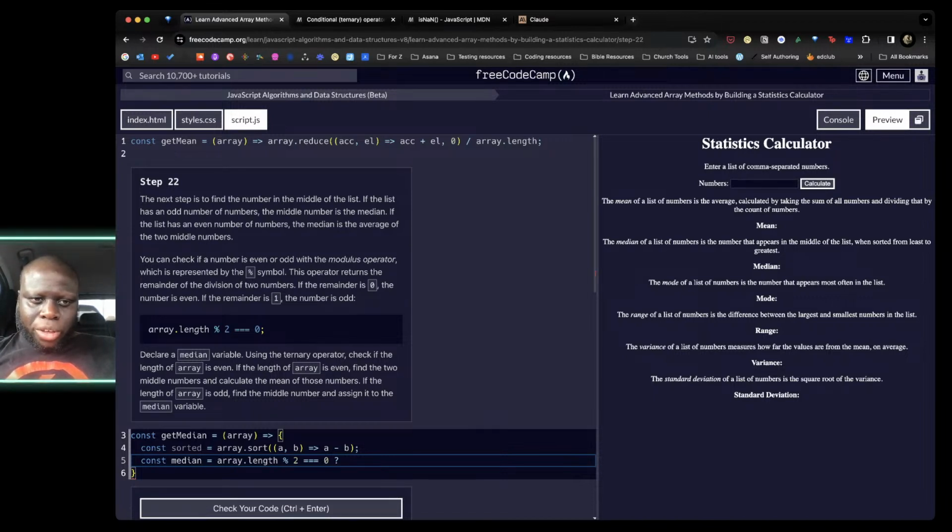So we have to call get mean, right? I'll say get mean of array elements at